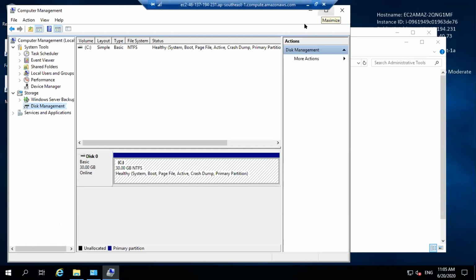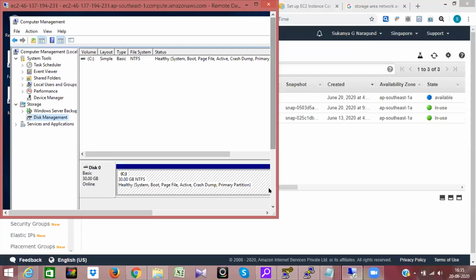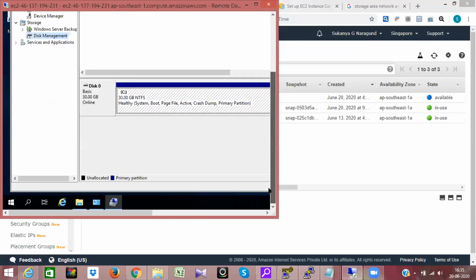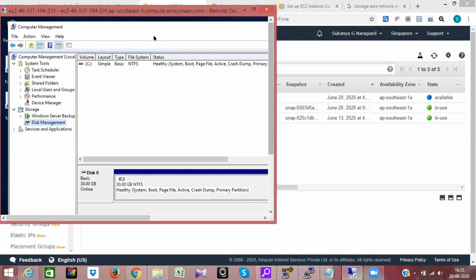If you look at the console, that volume page, it says available. It doesn't say in use. It's not in use, and that is what it actually is. She did not associate it rightly to the server. We will help her actually. I got that. So minimize this screen, Sukanya.